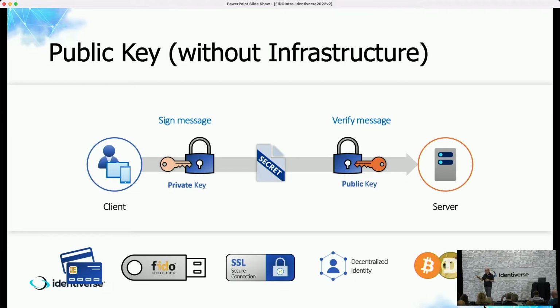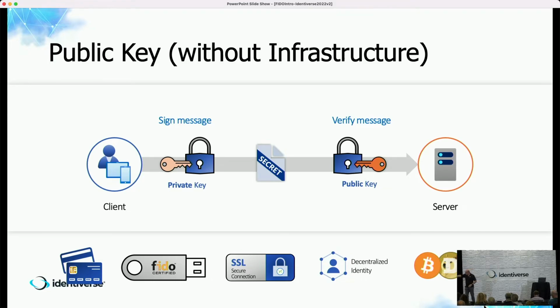The first thing I want to emphasize is what we're talking about with Fido is PKI without the I. So we're using public key cryptography. We've got public-private key pairs so that the user on the end, the client, they own and maintain and manage the private keys, and then you have the server, service provider, relying party, they manage the public keys. And that's the basis of the cryptographic relationship.